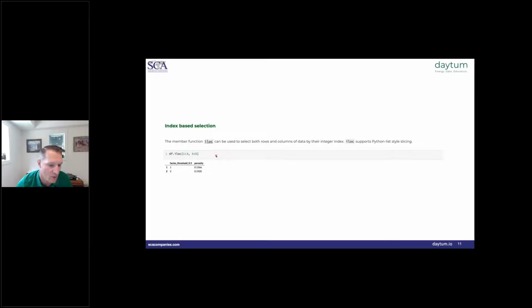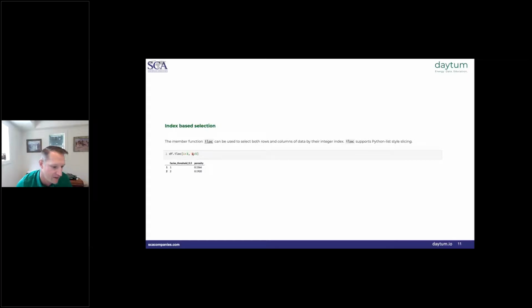While the code is certainly more readable when you use the column labels, you can also refer to them by their integer location from left to right. So the first column would be integer 0, second column integer 1, and you can refer to those via the iloc function. The syntax is a little bit different here in that it uses Python list style slicing, and so it doesn't include the last value. So to say from 1 to 3 here actually just pulls off 1 and 2.